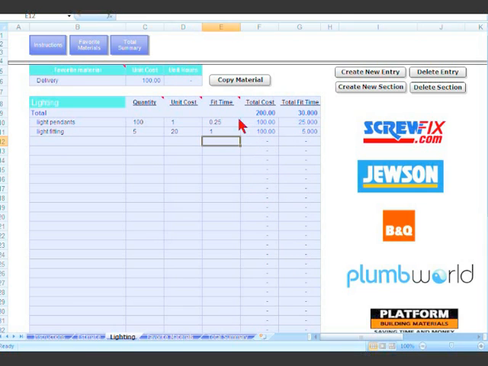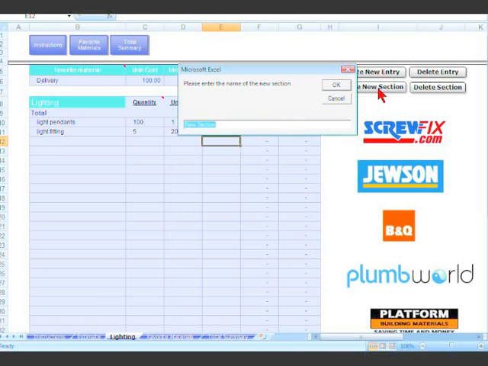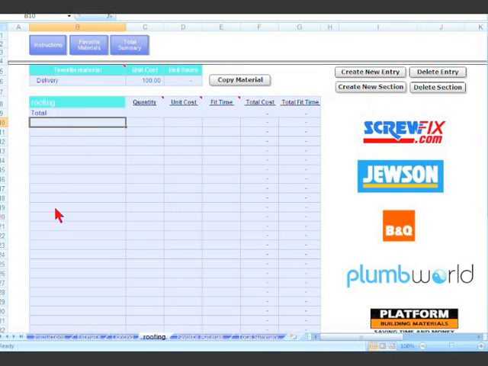Now, just for the sake of this example, we'll do one more section. Create a new section, and we'll call this one, let me see, if you were a joiner, you'd be doing roofing. We'll call it roofing. So under this roofing section, and down here you can see all that you've created. There's the main estimate, the front page, which you would change to suit whatever you want, your lighting, your roofing,